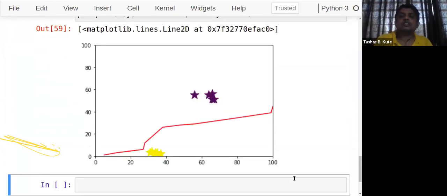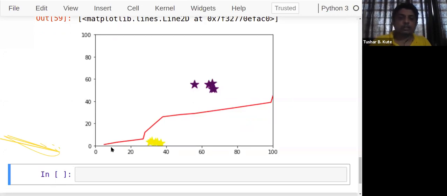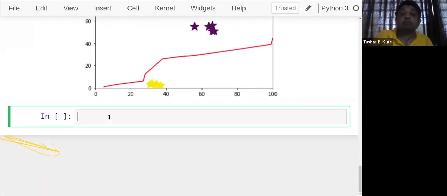Now see, yes, this is your one data, and these are two groups, two different kinds of data. Maybe it's a separating line. It's a boundary line. The model created it so that above it one class is there, below it another class is there. So most of the time when you visualize the classes of the data, we make use of the scatter plot by following this kind of method. Fine, remember that.